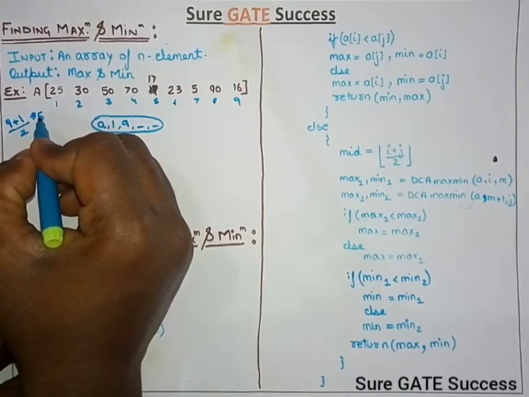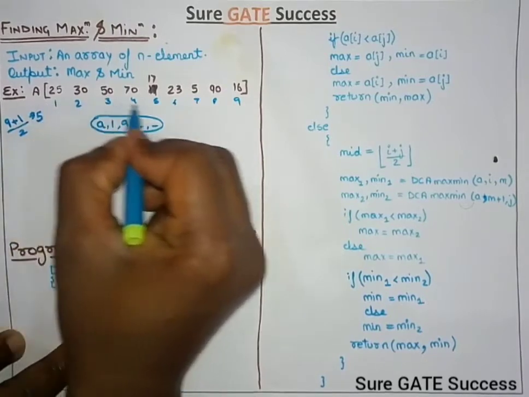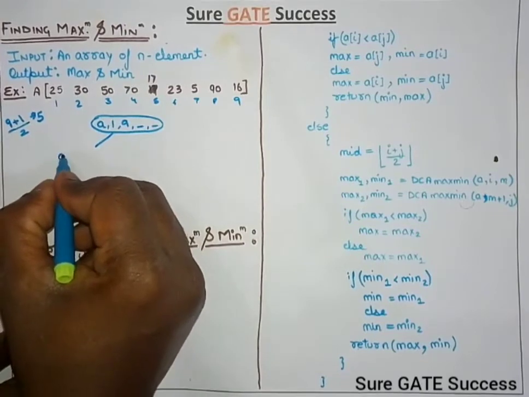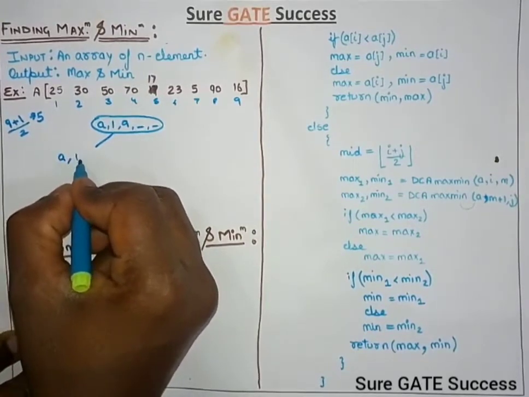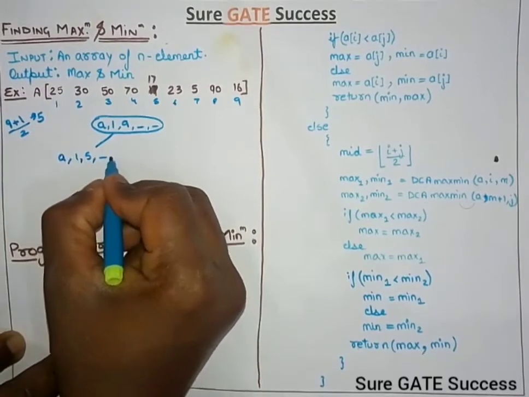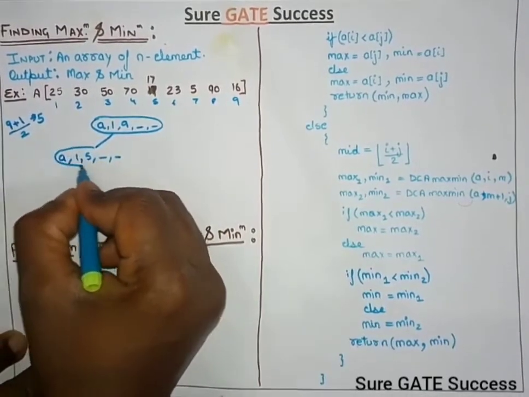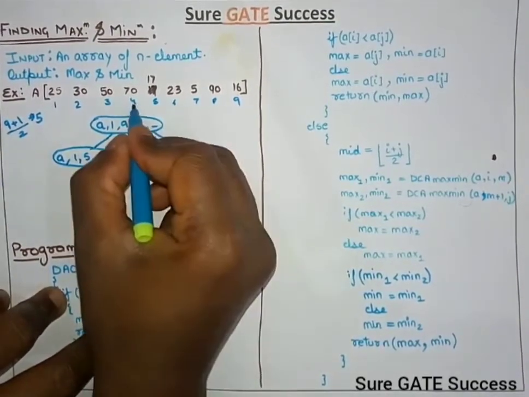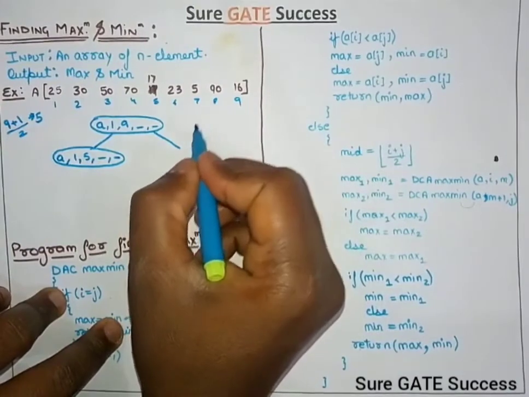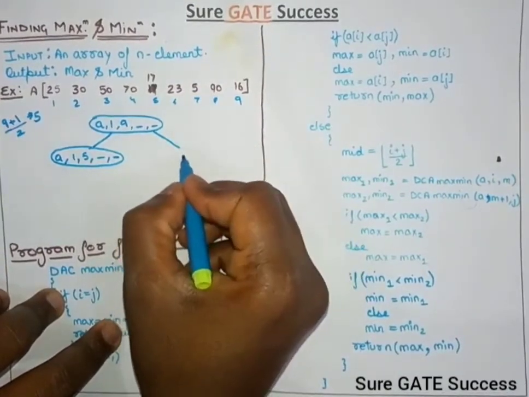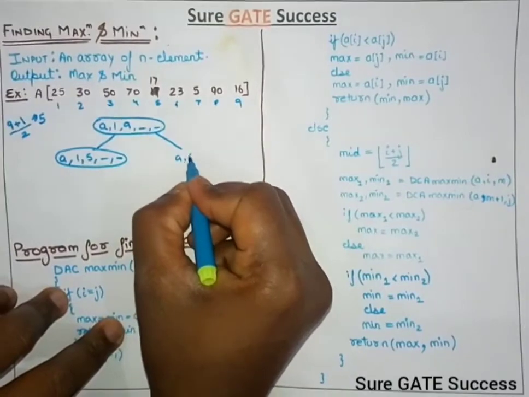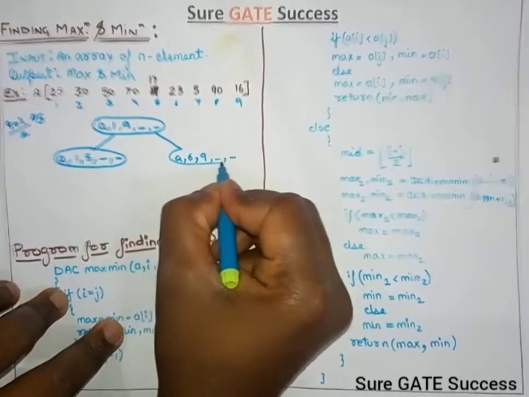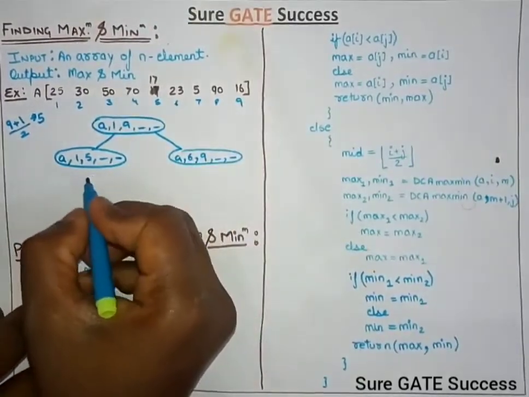That means we have to take the next problem from address 1 to 5. So let's take another array from 1 to 5, and place two blanks for the solutions. Similarly, now we have to take from 5 onwards to the last. What is 5 onward? It is 6. So we have to take from 6 to 9 and place two blanks for the maximum and minimum value so that we can fill them later.